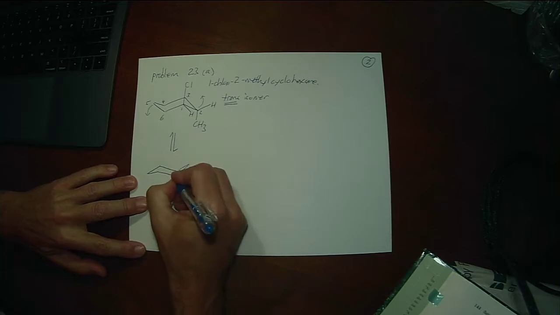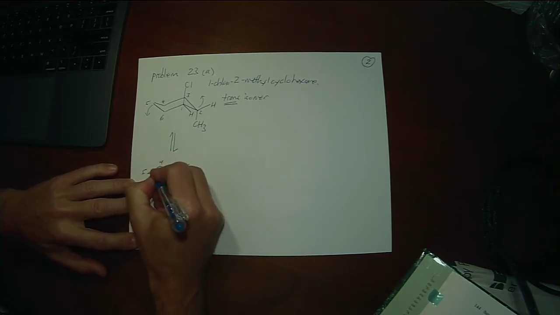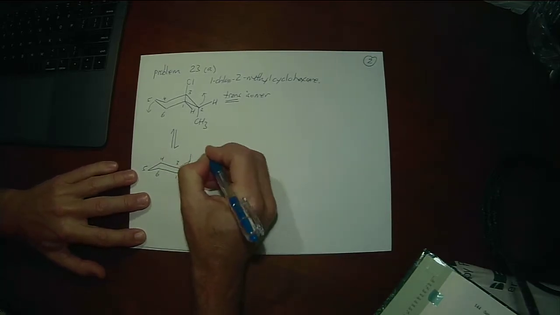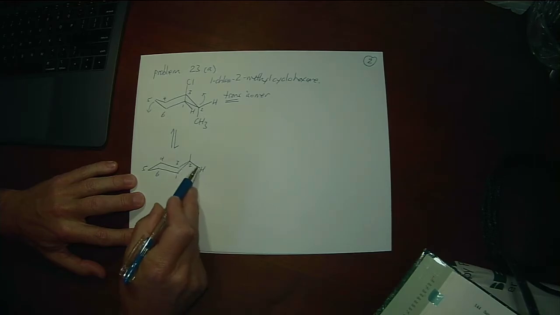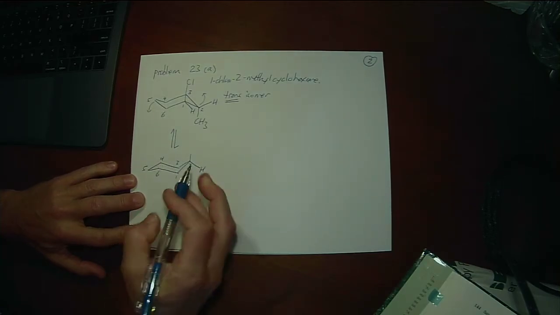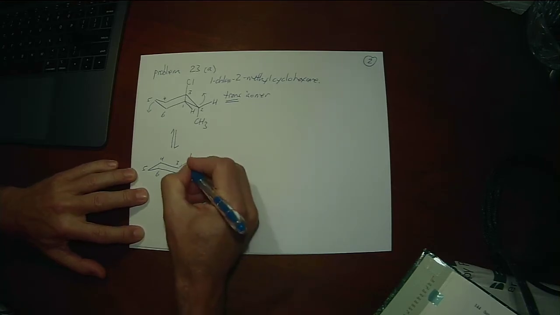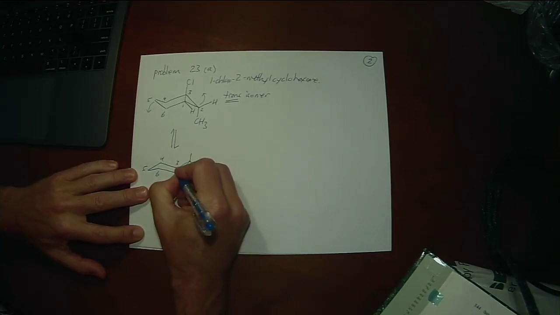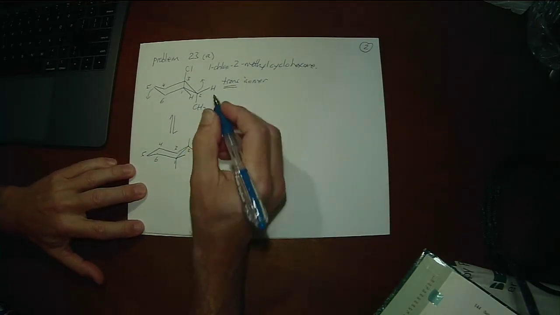This is carbon 1, this is carbon 2, and I'm going to have an axial position and an equatorial position on carbon 2. This bond should come out parallel to the 3,4 and the 1,6 bond again, and I will have an axial position and an equatorial position off carbon 1. When I flip the chair,